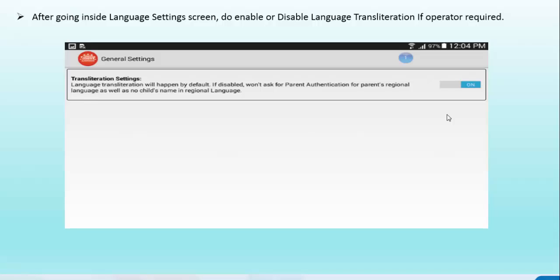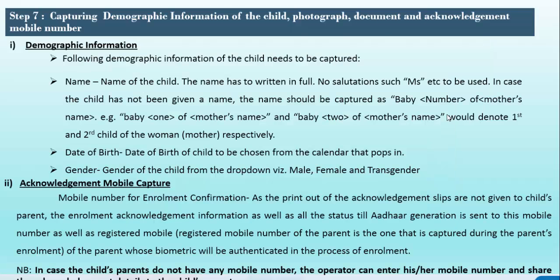If you don't know the typing of local language, you can just type the details in English, then it will be translated into your local language. If you enable this transliteration settings option, that will help you to translate to your local language in the keyboard option. This also will be mandatory to complete the enrollments of the children using CLC.